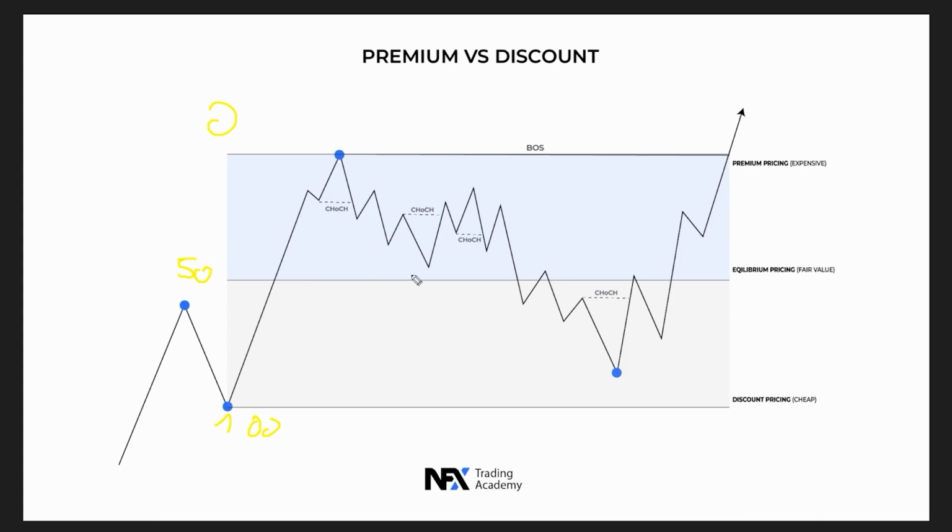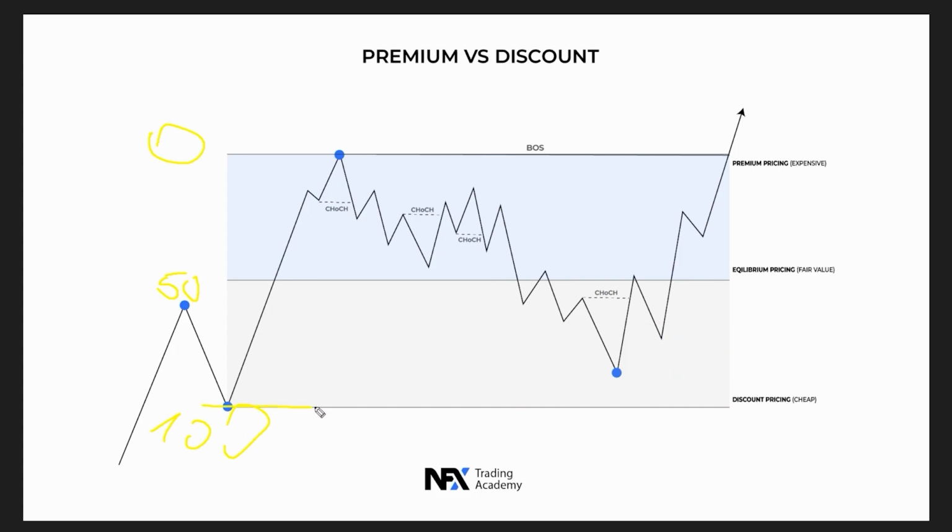I'm just going to show you on the charts really quick after, but you can use either the Gantt box or the Fibonacci tool to draw the premium and discount. At the 50%, at the equilibrium pricing, how it's called, the fair value, is where you don't want to take trades. That's not where we are focused. Where we're focused is between the 50 and the 100 and the 50 and the 0%. Why? Because this right here is the premium and down there is the discount.